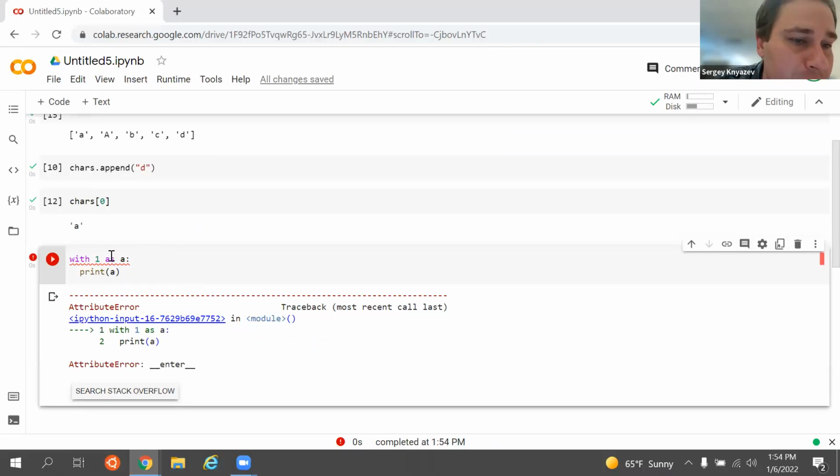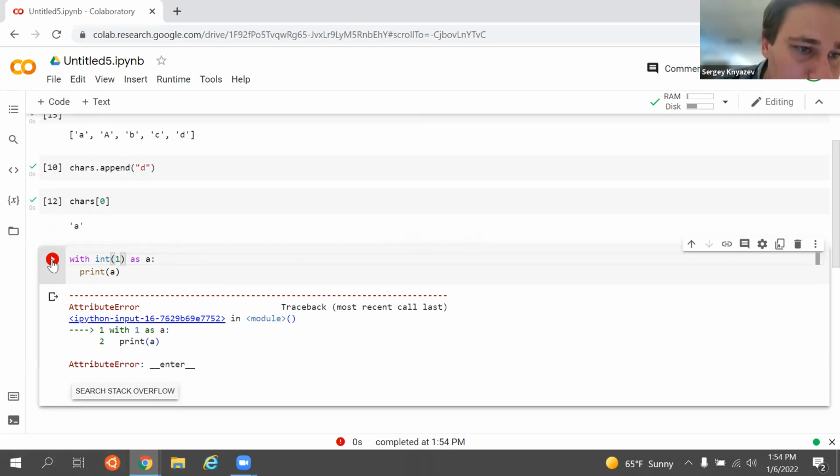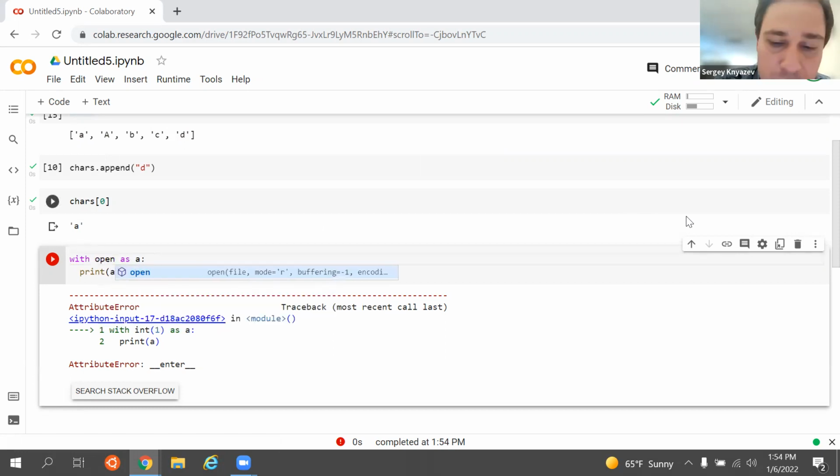Oh, it should be some object, I believe. It doesn't work with literals. Oh, okay, I forget how it works. But with files, it works like this: we have a function that returns us an object of type file